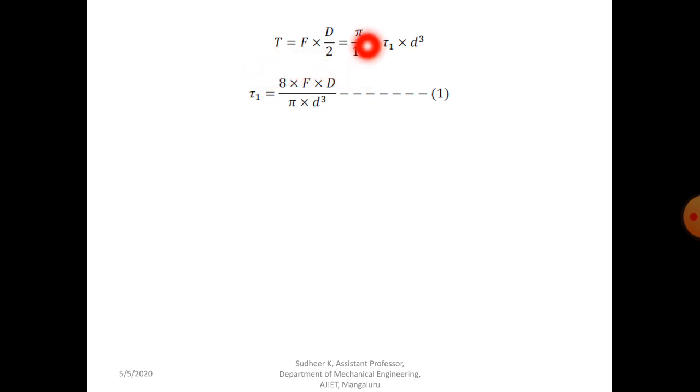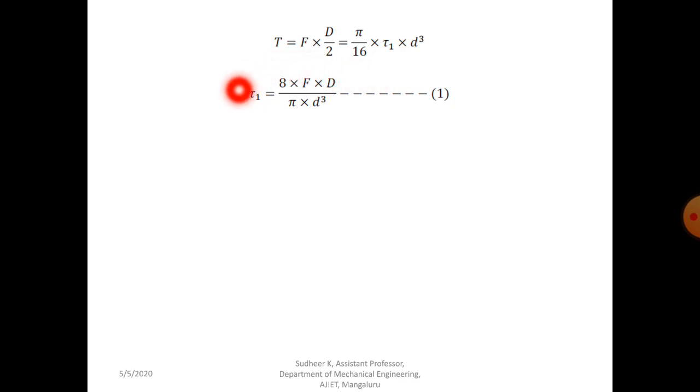So that is equal to pi divided by 16, pi divided by 16 into tau 1. Tau 1 is nothing but the torsional shear stress in the bar, into small letter d_q, because with respect to a wire, shear stress will always be induced. That's why this is the equation. It's nothing but T by J into R, where J is pi d1 to the power 4 divided by 32, into R1. Small letter R is nothing but D by 2. So you will get this equation, that is pi by 16 into tau 1 into d_q.